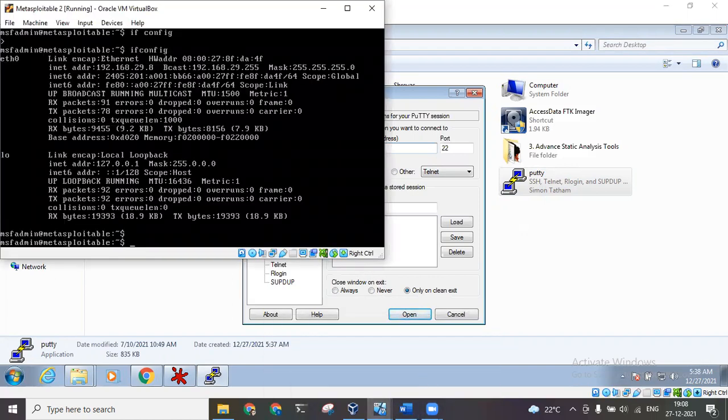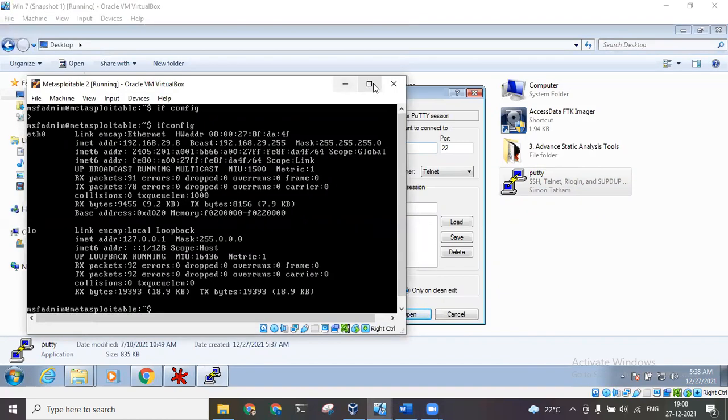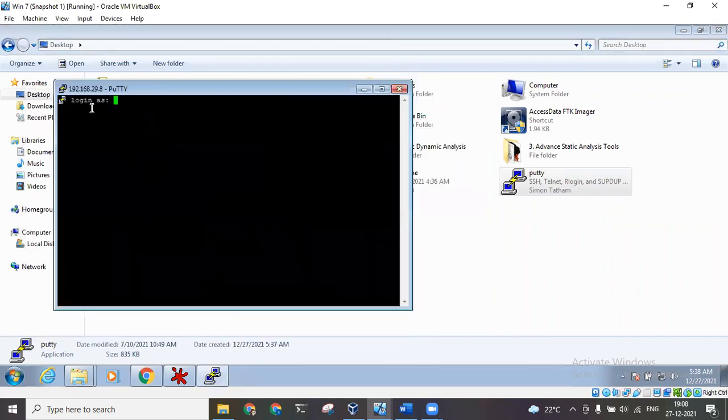This is the Metasploitable 2 VM, which is running on the same host machine, and all of these are connected by the bridge adapter. Here we can see the IP address is 192.168.29.8. I'll minimize this and try to connect to this VM. I can see it is asking me in a window, and the text is "login as".